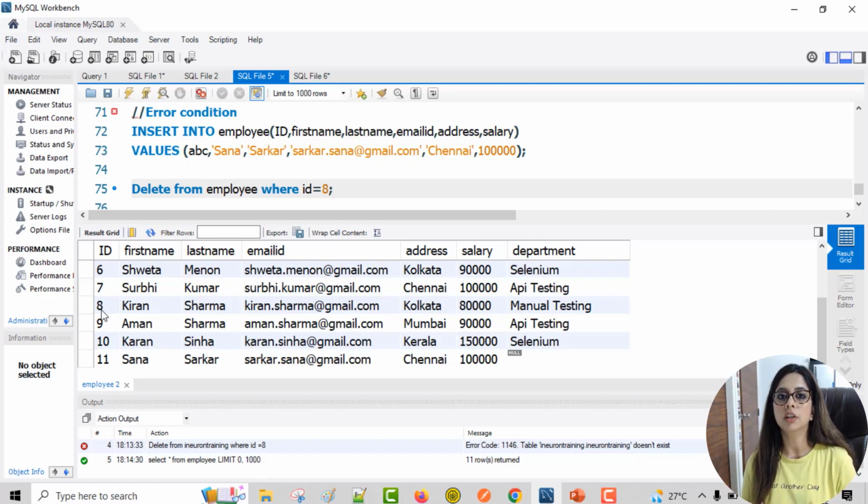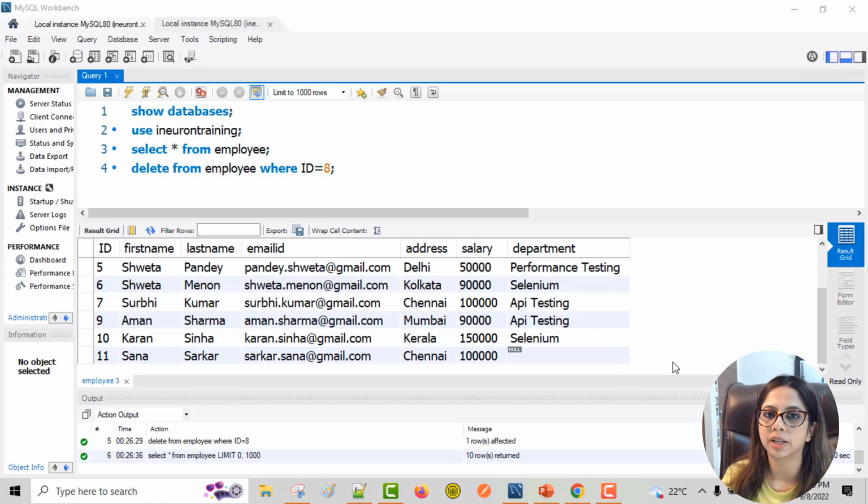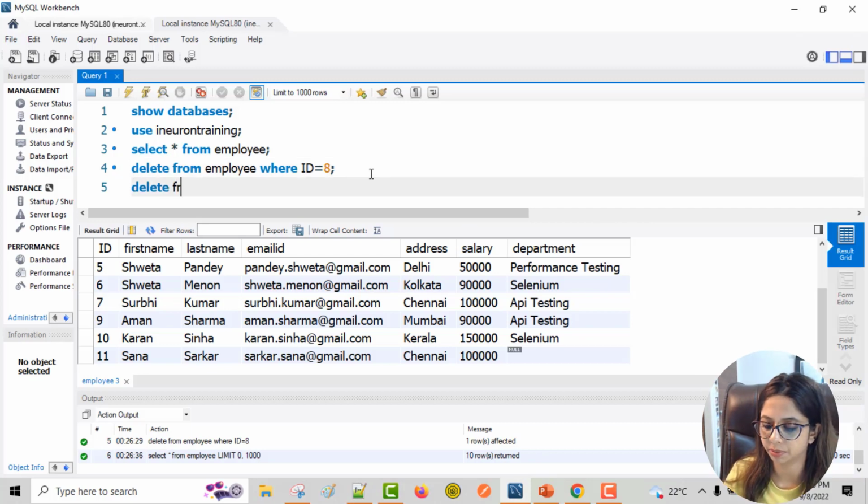It first searches for the table name, then it searches for the column, whatever condition we have mentioned, where the column name equals a particular value. If we run this, the data should be removed from the table, and after that, when we again query select star from table name, we should not see this data. So let's see how to delete a row from a table. For that, we run the query delete from table name. Table name is employee, where